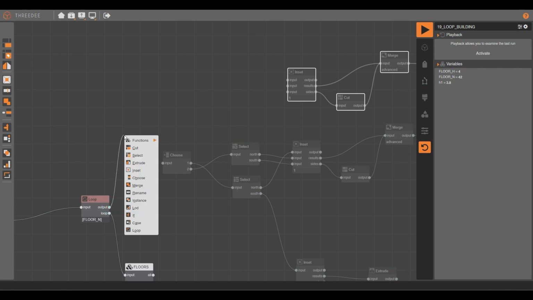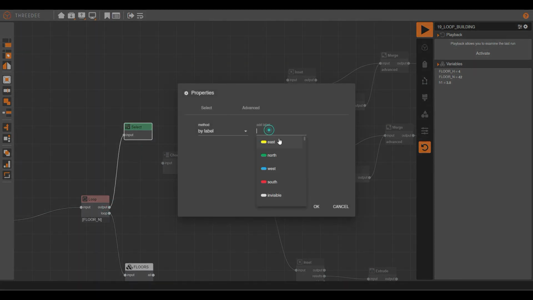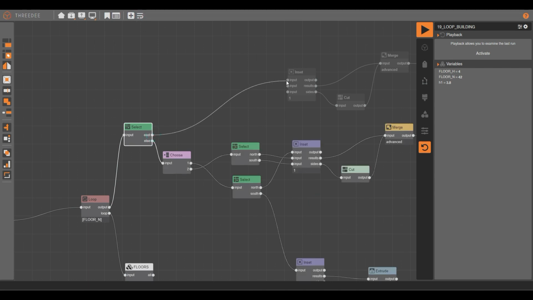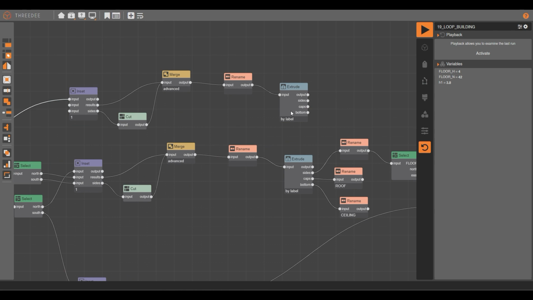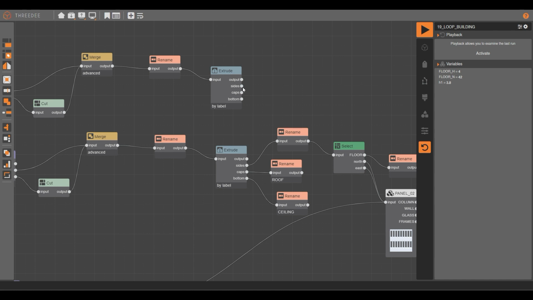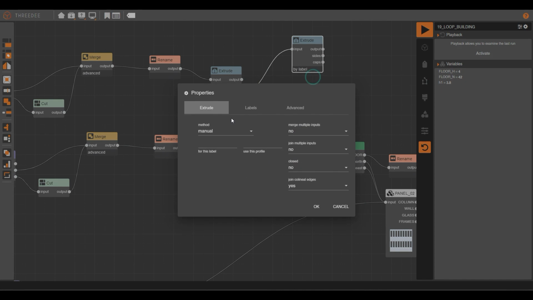Then I will select here East. The rest will be for here. In my East floor, I'm going to make these operations. The sides will be the same. The bottom will be the same, but my cap, now I will make an extrusion